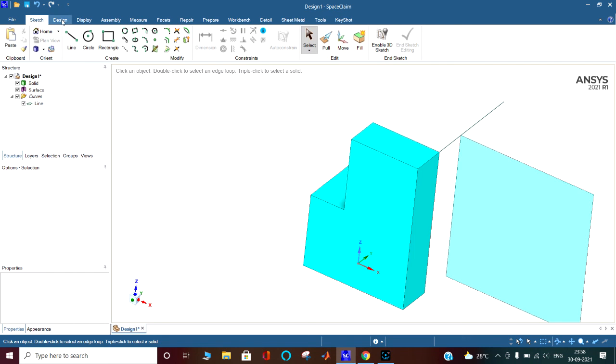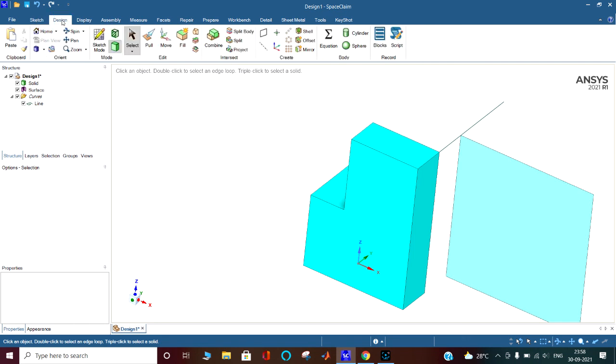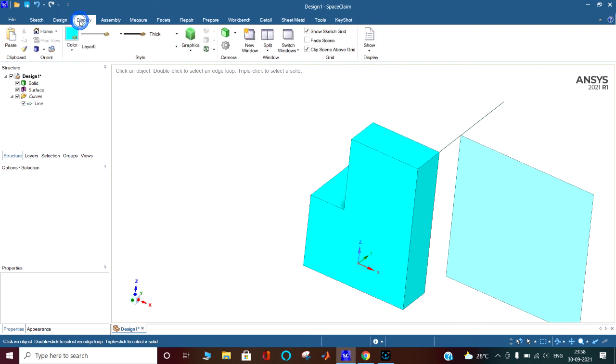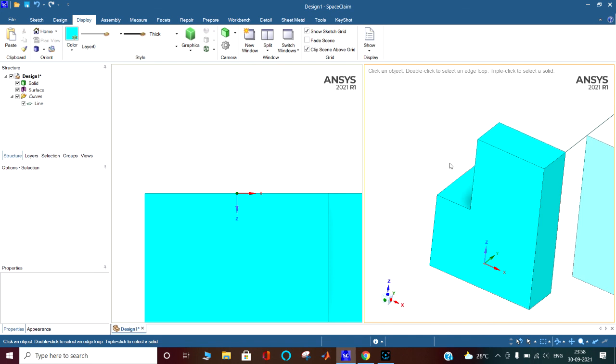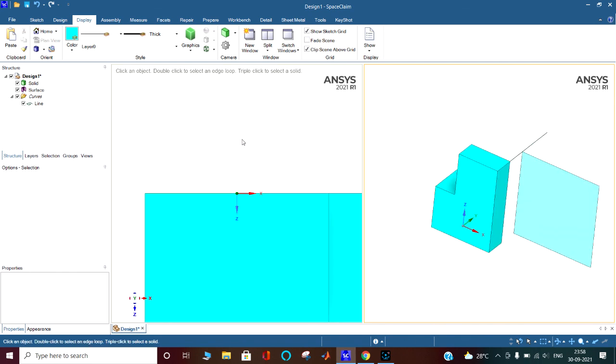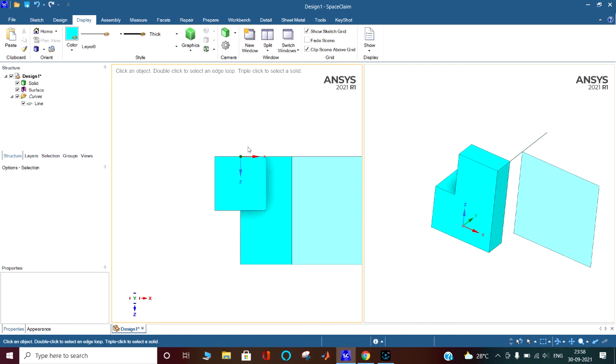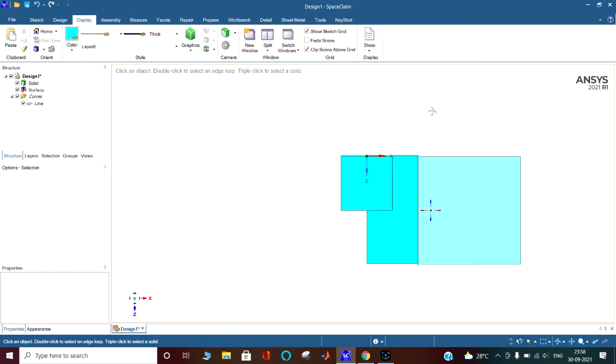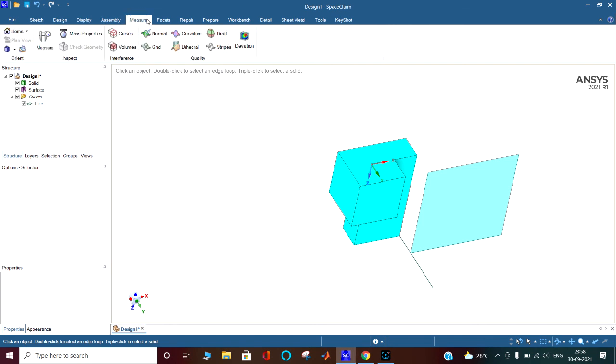There are other different tools in the design, combine, everything I will go through one by one. So this is a display tool, whatever you want, how you want to see it. For example, split, you want to split this window into two. You can do the things separately. You can do the thing in one window and it will be seen in the other window, but in different planes. But you are making one component. Okay, so you can draw the two, like this.